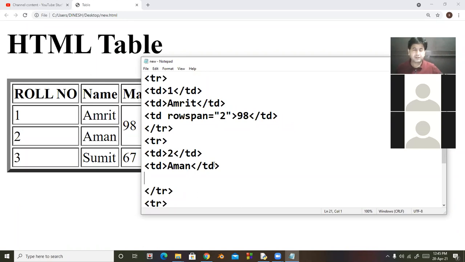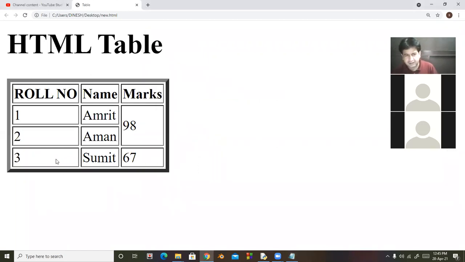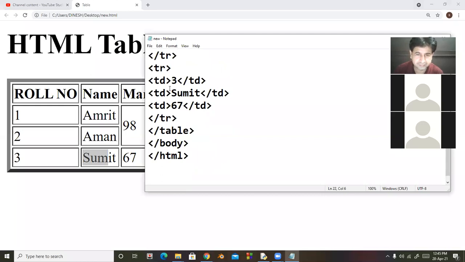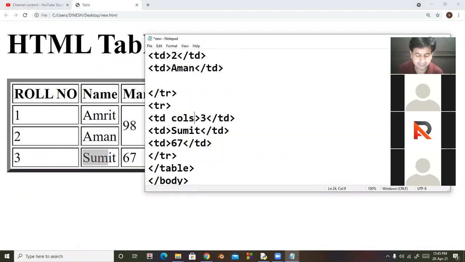Now, in place of a row span, if I want to merge the cells column wise, it means horizontal merging I want. So suppose in place of a third row, I want to merge 3 and Sumit. जो आपके पास सेल नंबर 3 और सुमित, अगर मैंने इसको मर्ज करना है, तो look at here, in TD here is col span.